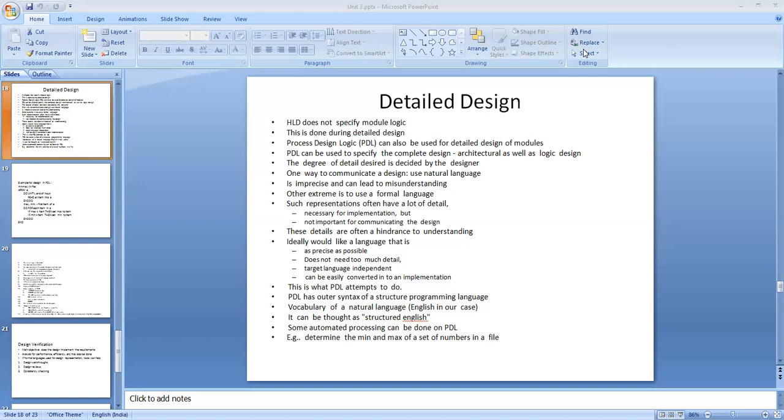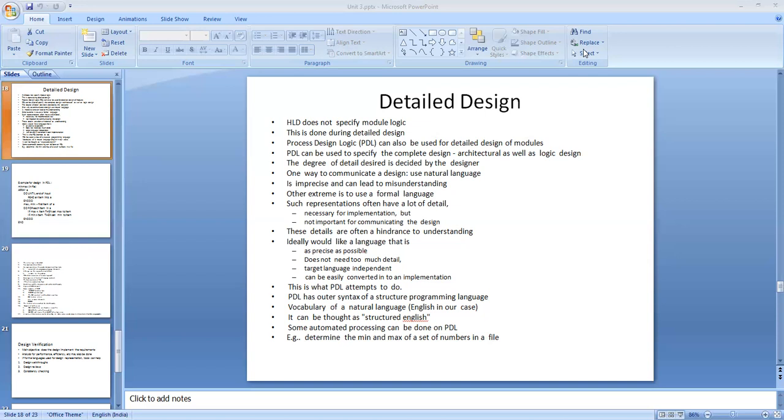In the system design, we concentrated on the modules in a system and how they interact with each other. What are the various modules that are required for solving that problem and how they should interact with each other. That was the goal in the system design.